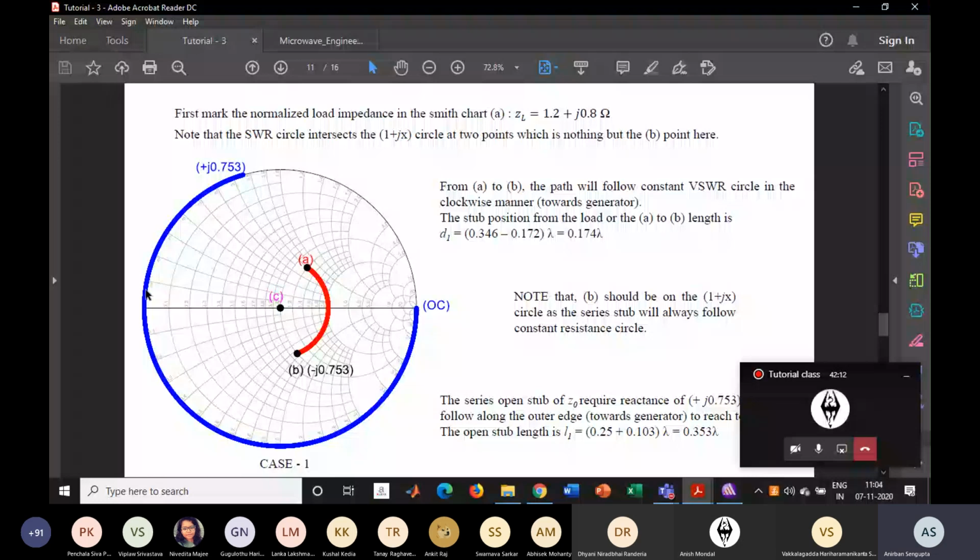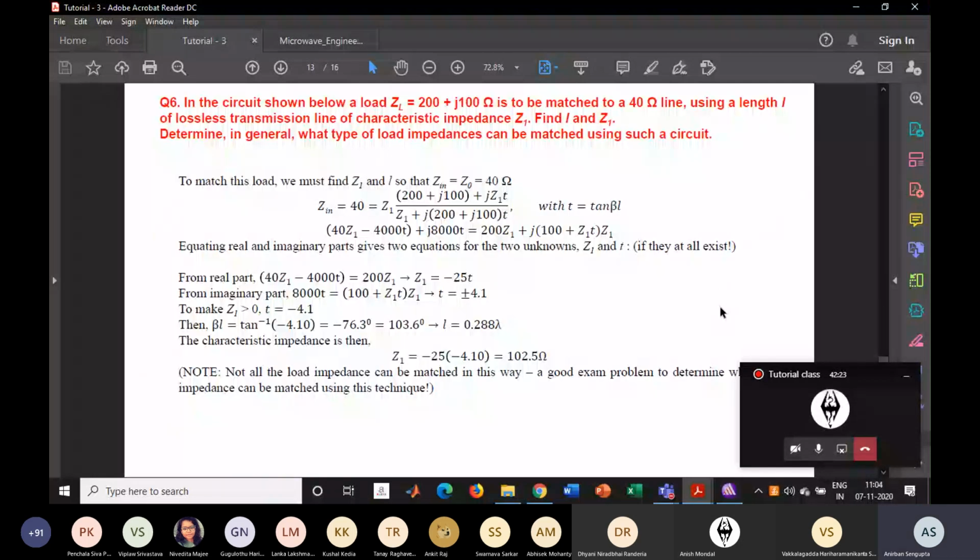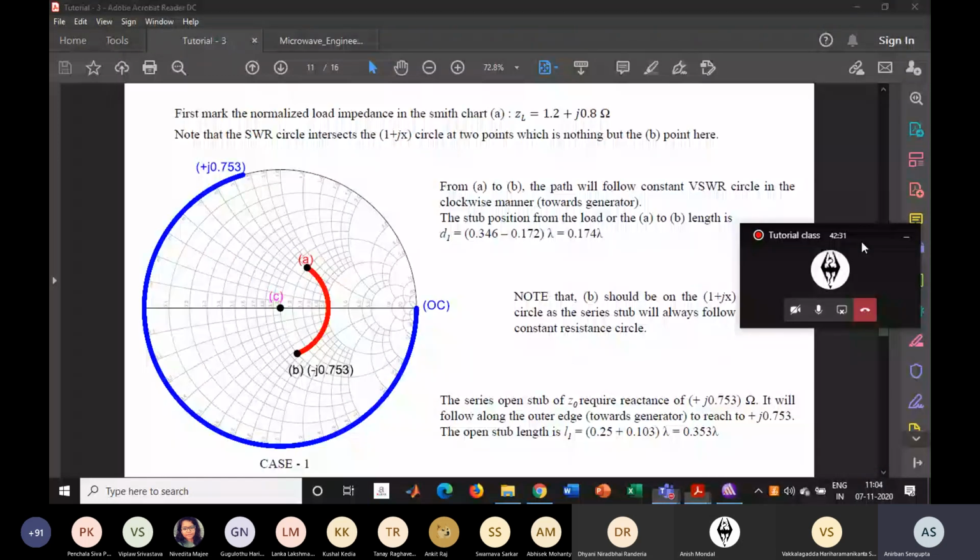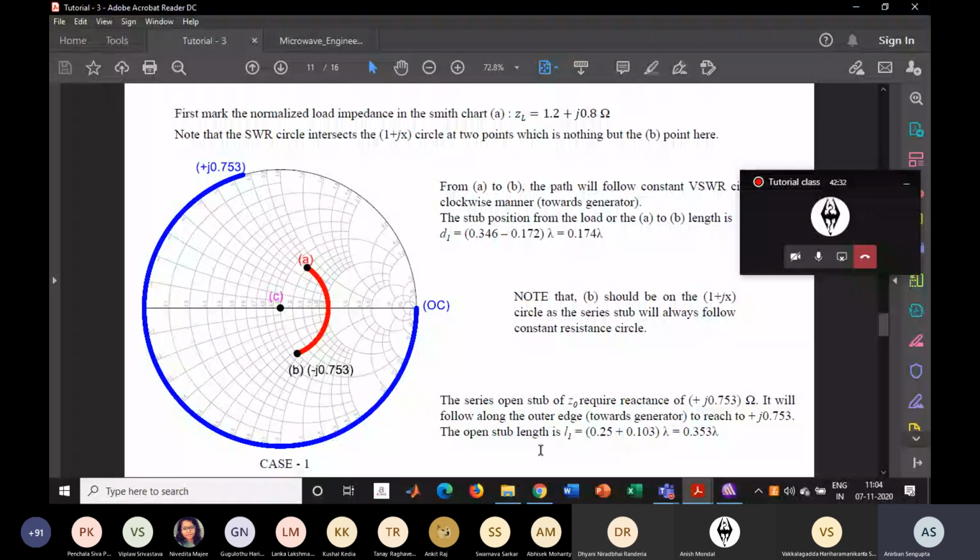So it will come out like the series open stub Z1 requires reactance of j 0.753 ohm. That is a complex conjugate of this, and it will follow along the outer edge towards the generator. You have to go in the clockwise direction to reach this point, and the open stub length will be 0.25